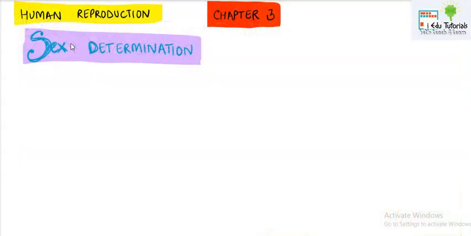Hello everyone. In this video we will have a detailed discussion on sex determination, meaning what actually defines the sex of the embryo, right? So before that we must know what chromosomes are. Whenever any cell is in the cell division phase, we see chromosomes, and chromosomes are formed by the condensation